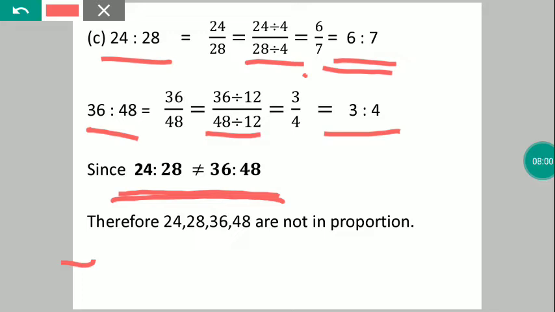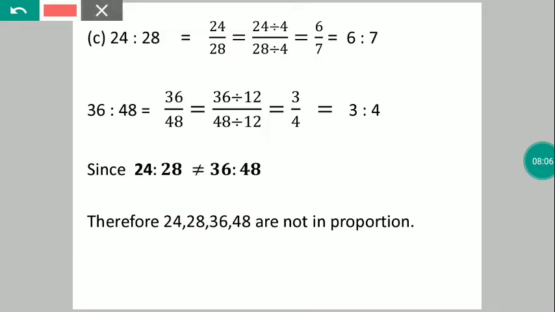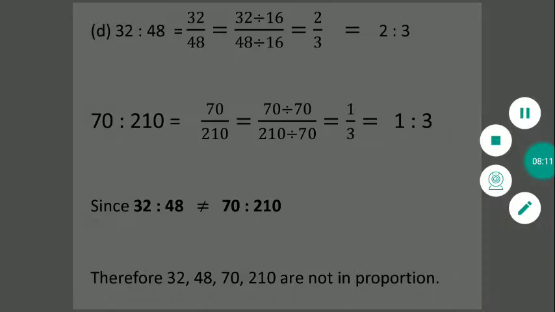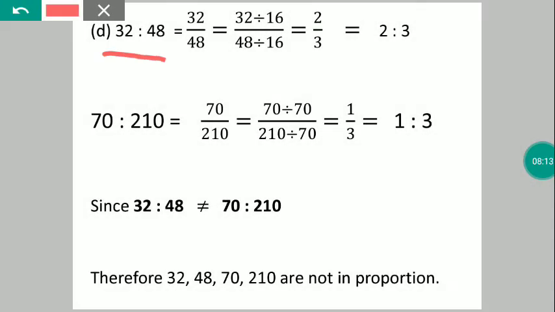Therefore 24, 28, 36, 48 are not in proportion because the ratios are not equal. Now D, 32:48. So 32 upon 48. Divide numerator and denominator by the highest common factor of 32 and 48, that is 16. So 32 divided by 16 upon 48 divided by 16, which is equal to 2/3,